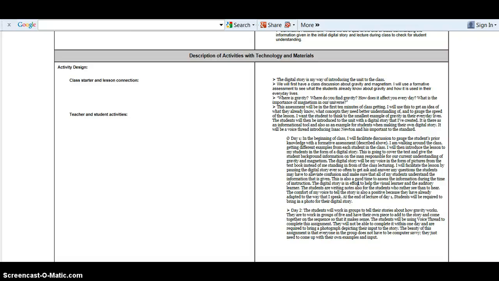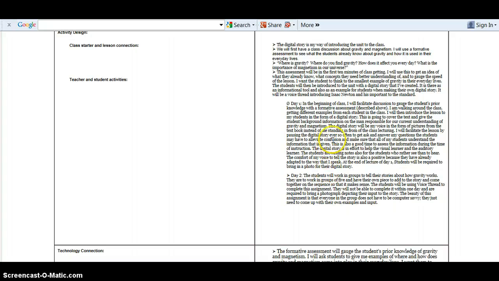These questions are used to gauge the students, to see where they are, see where I need to go, and any misconceptions they may have that I need to address. This will also gauge how fast or slow I take the lesson. On day one of this introductory unit, I will start off with those discussion questions, and then